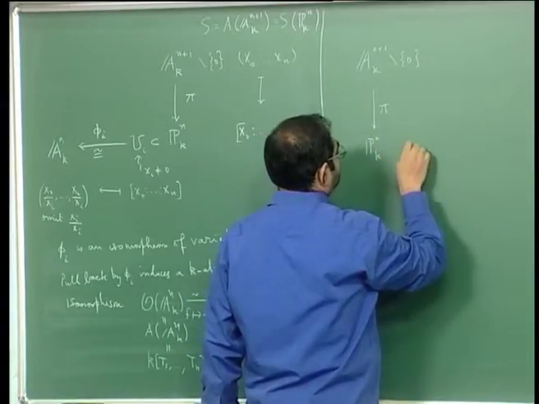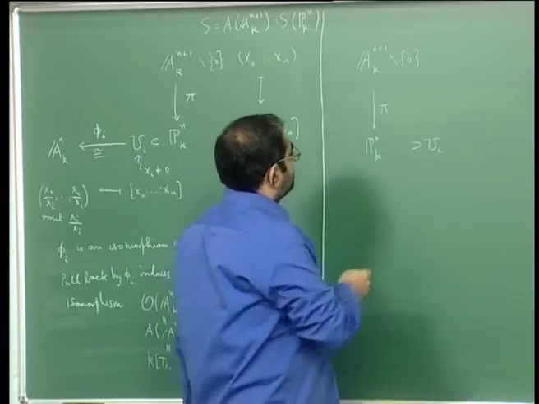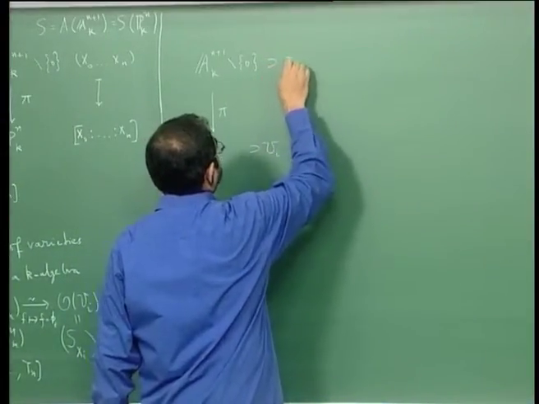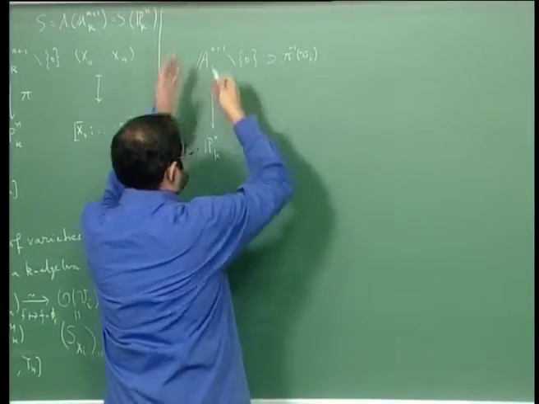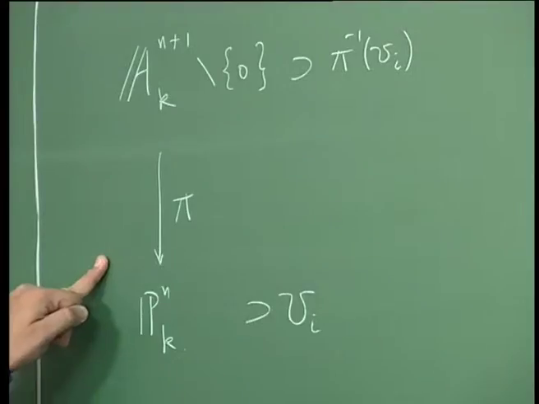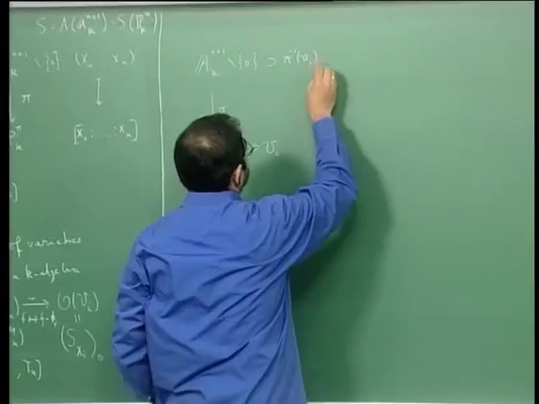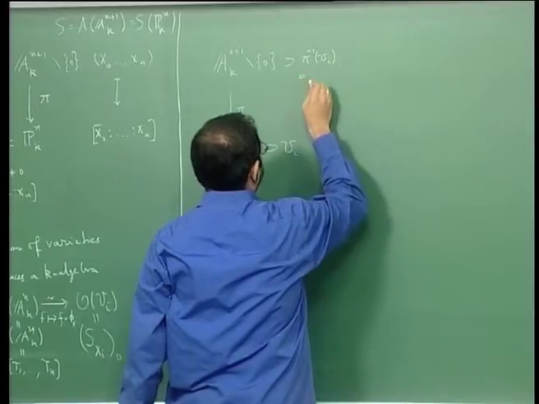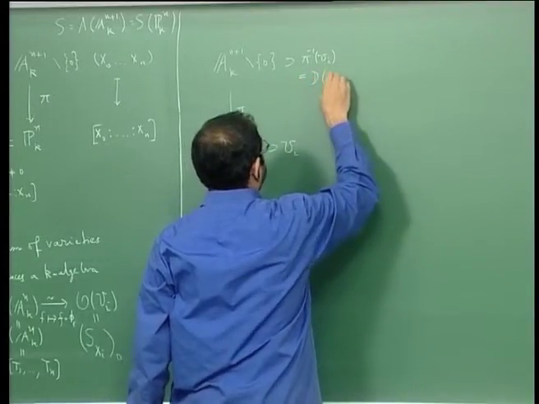And here I have ui. If you take pi inverse of ui, its inverse image under this map, then you get pi inverse ui, which actually is, if you think about it for a moment, D of xi